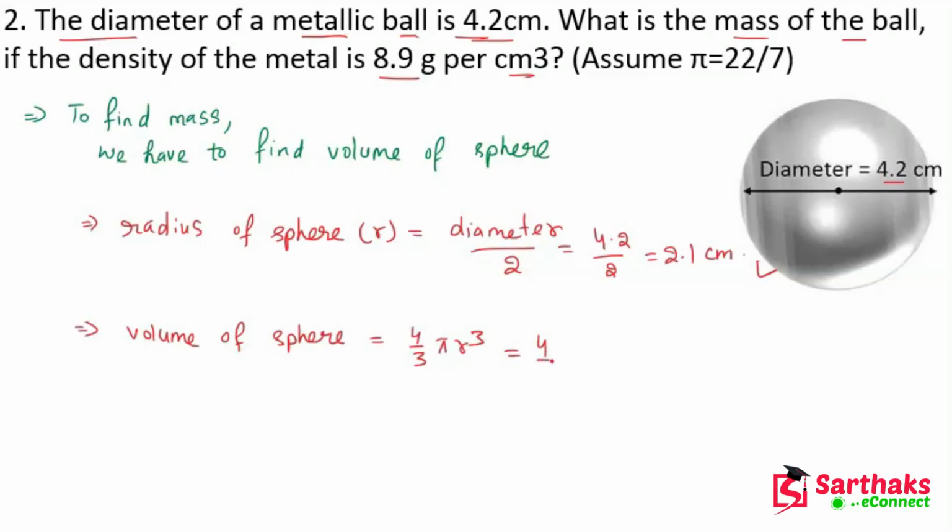Okay, so 4 upon 3 into 22 upon 7 into radius is 2.1. So we can write 2.1 into 2.1 into 2.1, because we have r cube. Okay, now after solving this, here we get 38.808 centimeter cube. Now we know that